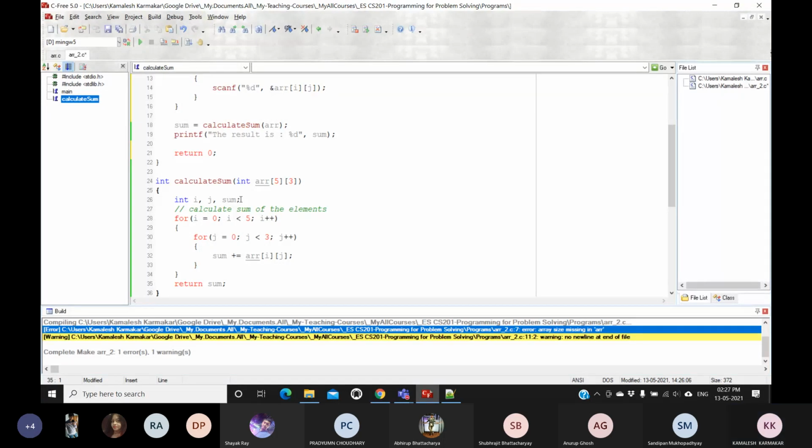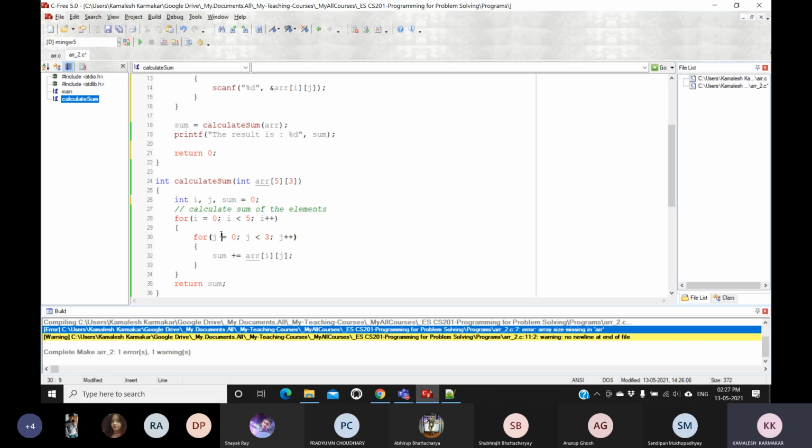Now in calculate sum, what are the variables I need? The variables are i, j. These two variables are required to iterate over the loop. Okay, and the variable sum is declared.